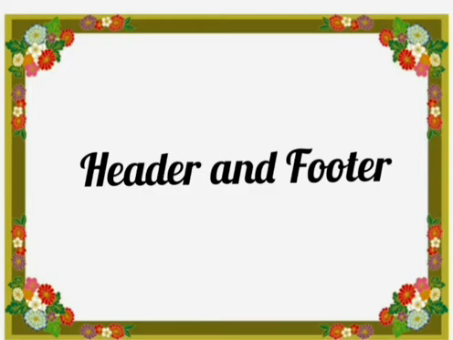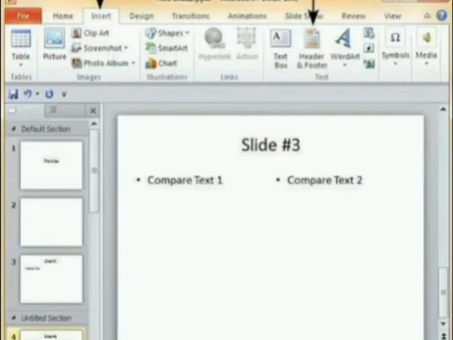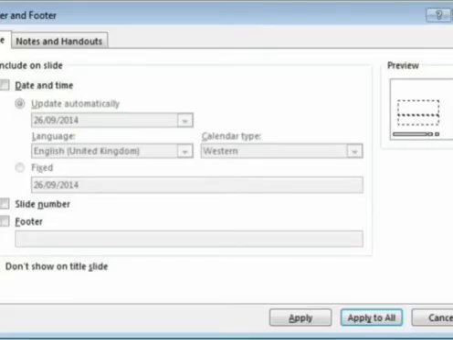Steps to insert header and footer. Click on header and footer on the Insert tab. Header and footer dialog box will be displayed. If we need to add date and time, select it from Slide tab. If we need to insert footer, check on footer and type a name. Then click on Apply to All button. Now we can see the footer information on all the slides.